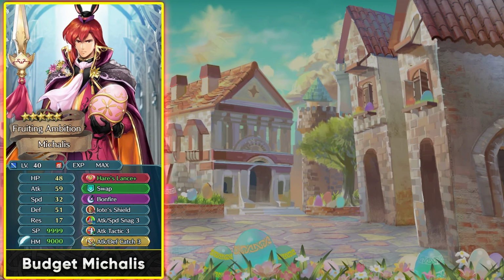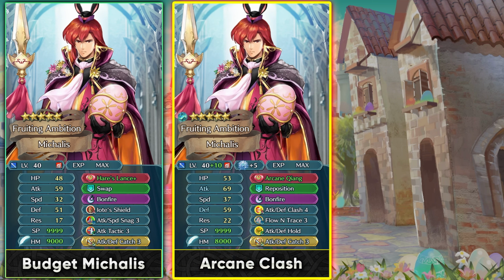If you're going to be building up Spring Michalis for a budget build for something like Tempest Trial or Limited Hero Battles, then you can just give him Attack Tactic and run Bonfire on him, and pretty much run him with a budget build. A lot of people have been waiting for Spring Michalis, so if they're going to be investing heavily into him, then the Arcane Lance is going to be the weapon that should be run at max investment or even high investment,